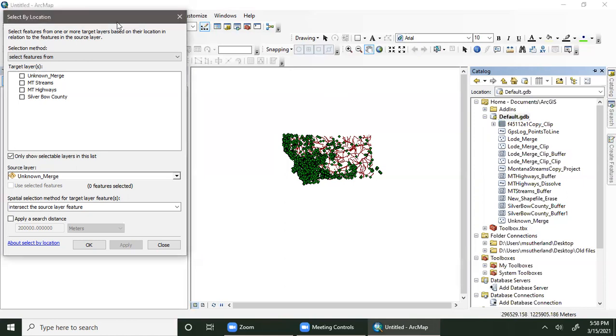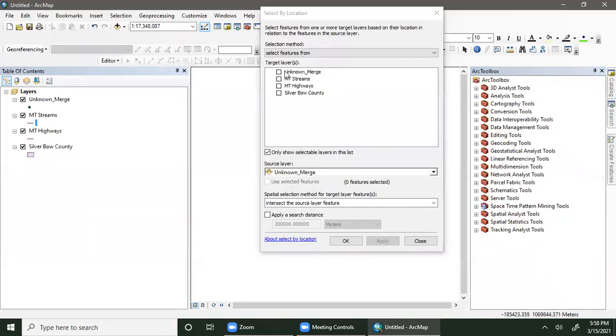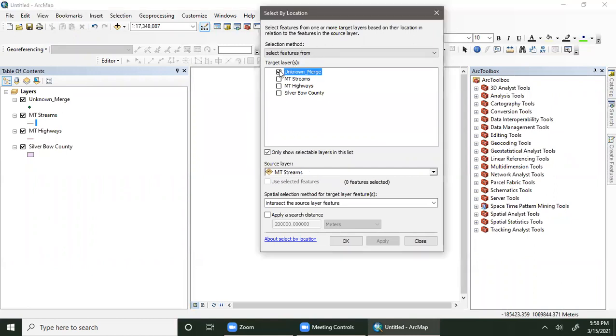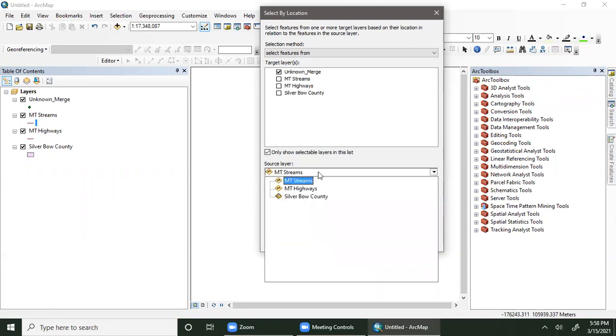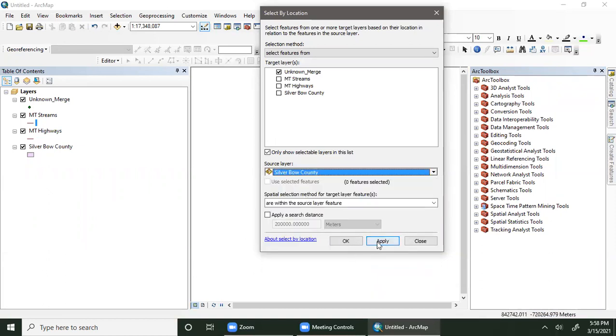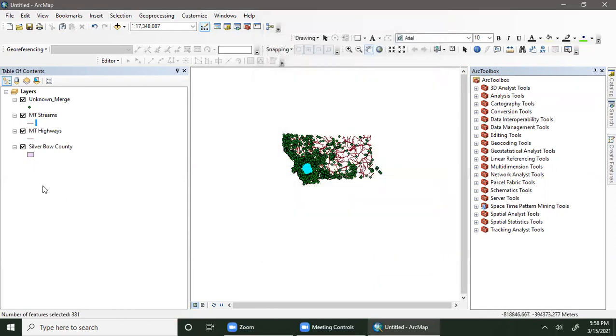All right, so back to selection. What I want to know is how many mines are in Silverbow County? How many did you get? 381. Excellent, good job. Everybody get 381? Outstanding. How many of those